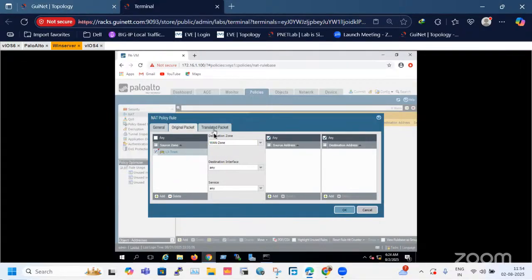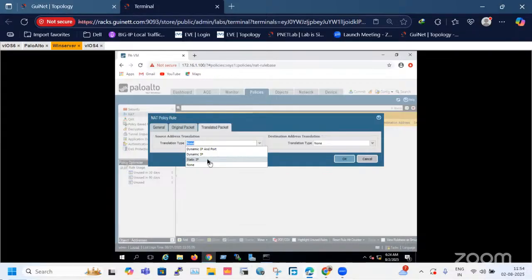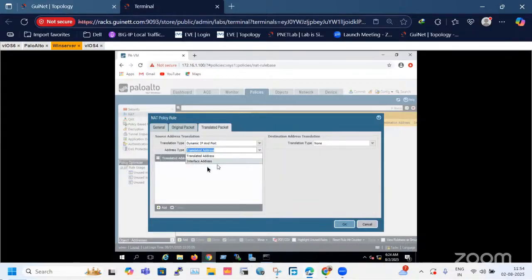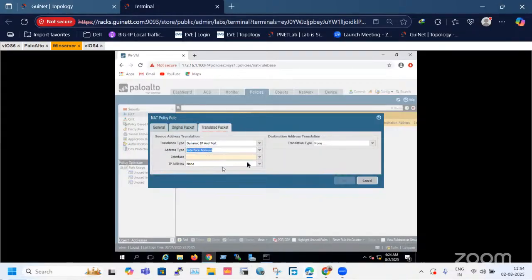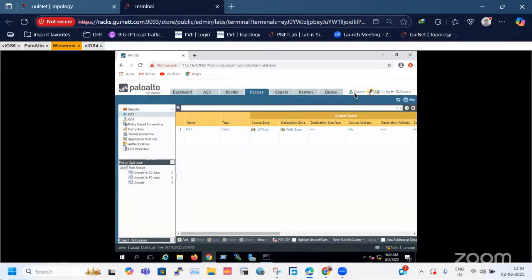Any source, any destination, you need to translate it to the interface ETH 1/3 and the IP address is 1.100. Okay, now let's commit the changes and let's see whether